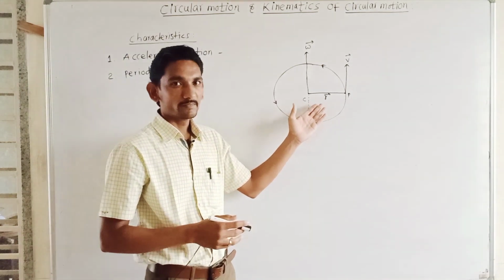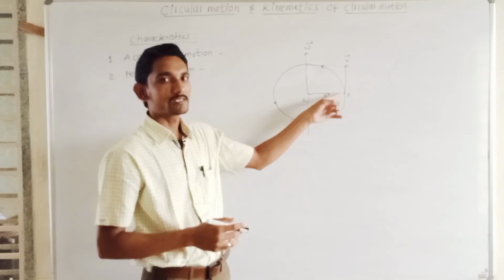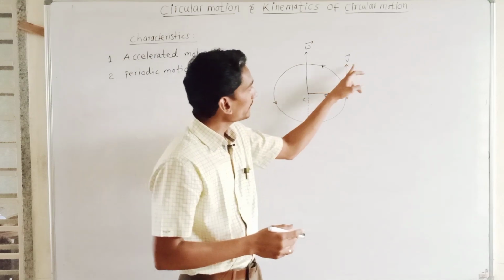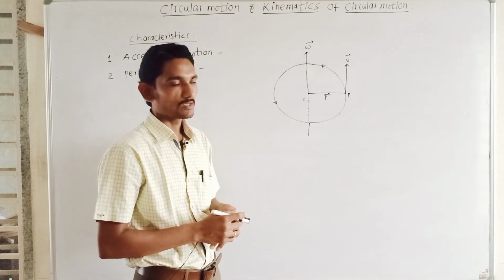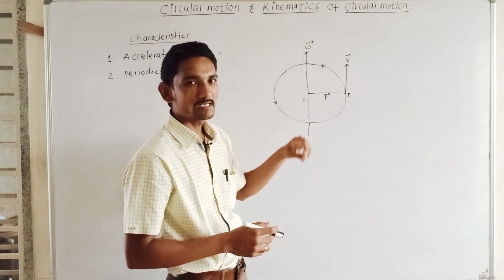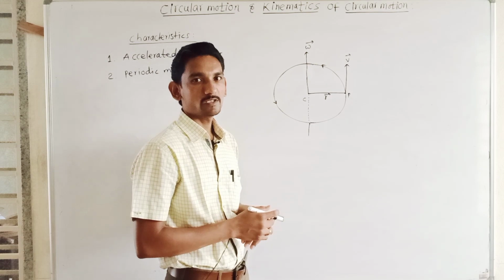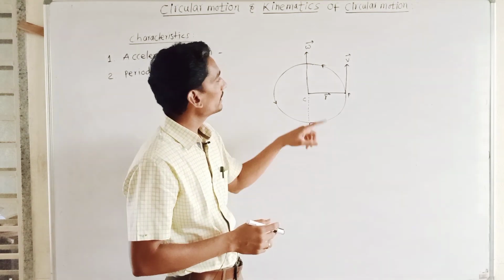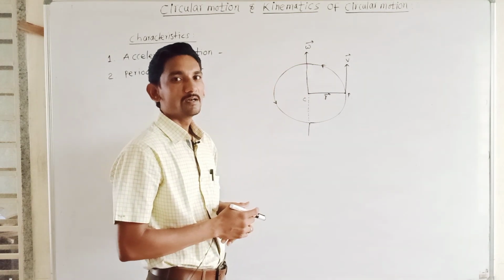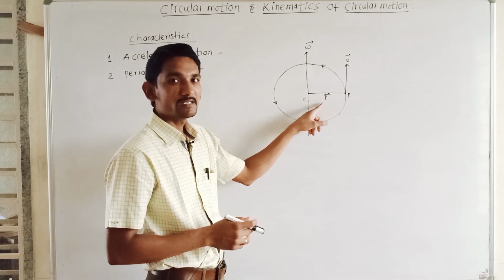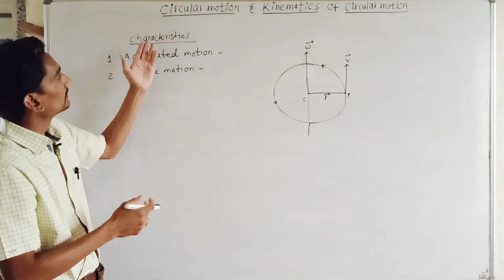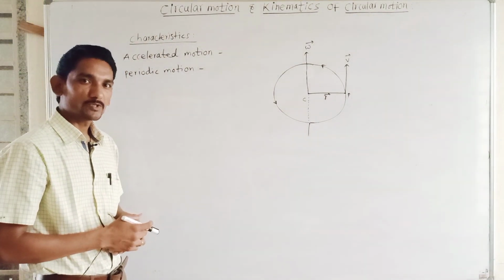Let us see here. The particle is performing circular motion along the circular track. Then v is its linear velocity. This v indicates the tangential direction to this circular path, that indicates the direction of linear velocity of the particle. Then omega indicates the angular velocity of the particle. R indicates the radius of the circular track. So why can we say that circular motion is an accelerated motion?